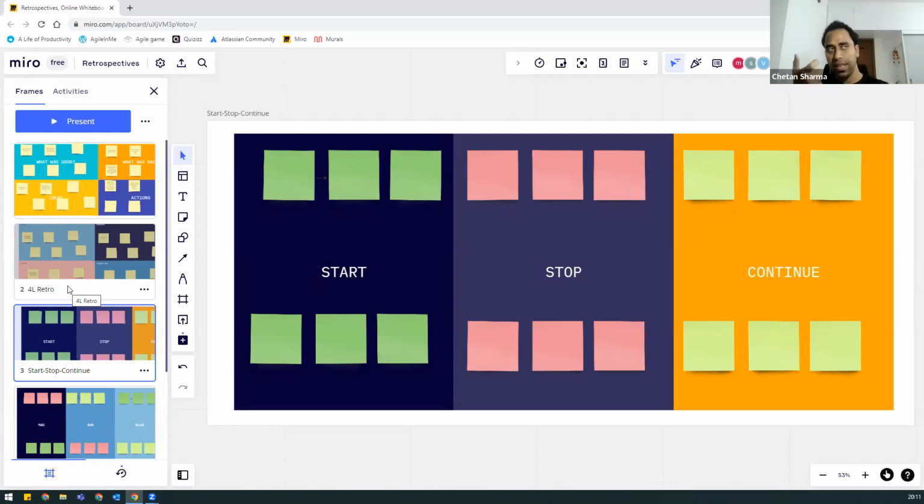The easiest way is at the end of the retro, you can just quickly raise a poll. Okay, can you just quickly give the feedback on the retro? So at the end of the retrospective, we are taking 2 levels of feedback. The first feedback is how you feel about the sprint. So an individual gives, okay, according to me, it's 3 out of 5, 4 out of 5, or 5 out of 5. So you will collect the feedback of individuals for the last 2 weeks of performance. At the same time, you can also